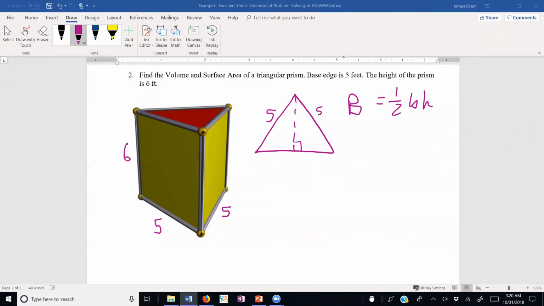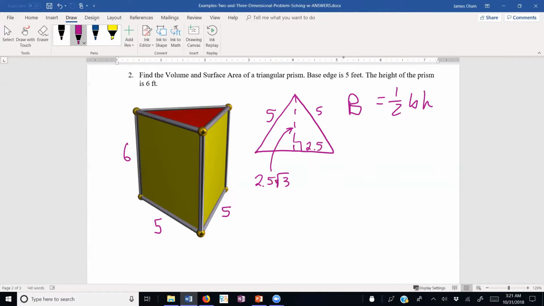To go from the hypotenuse to the short leg, you divide by 2, so we have 2.5 down here. And to go from the short leg to the long leg, we multiply by √3. You can also use the Pythagorean Theorem, but since this is so common, it's a good idea to just use